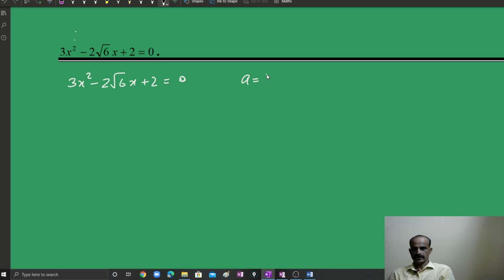Let us take a is equal to 1, b is equal to minus 2 root 6 and c is equal to 2. Product is AC, that is 1 into 2, that is equal to 2. Oh, sorry, this is not 1, it is 3. 3 into 2 is 6. Product is 6 and sum is, what is the sum? Sum is